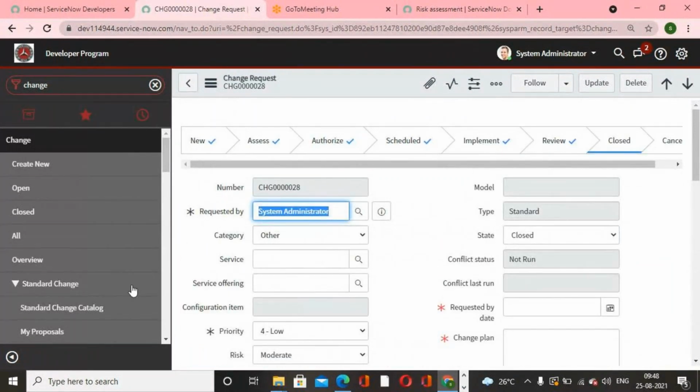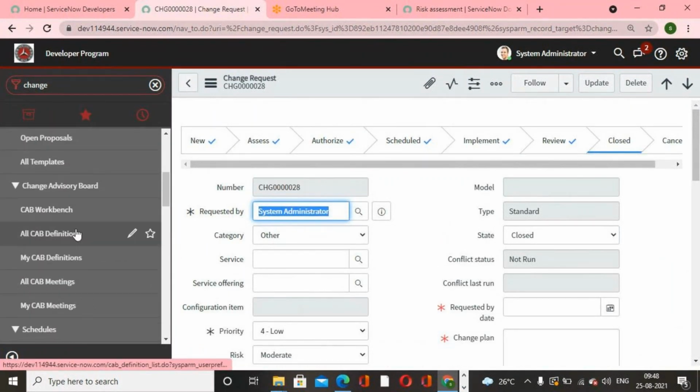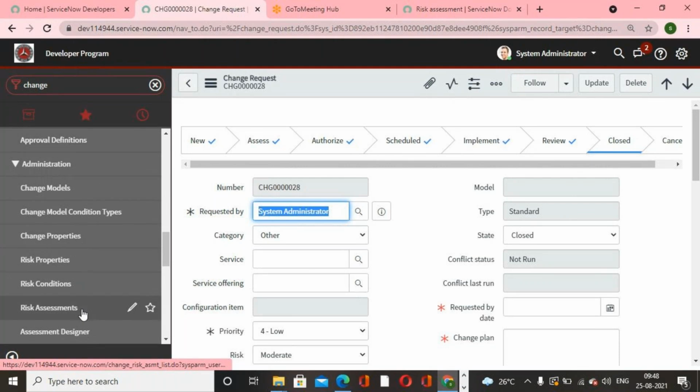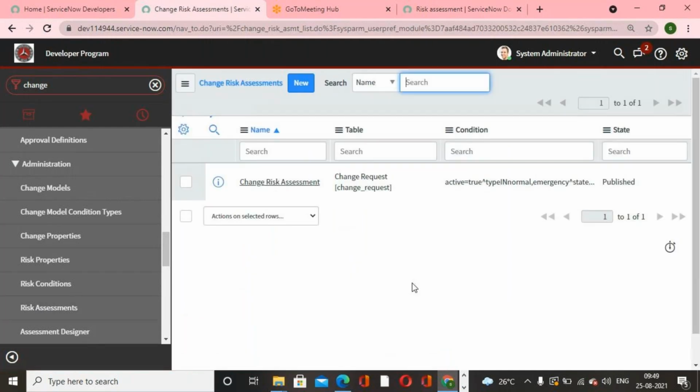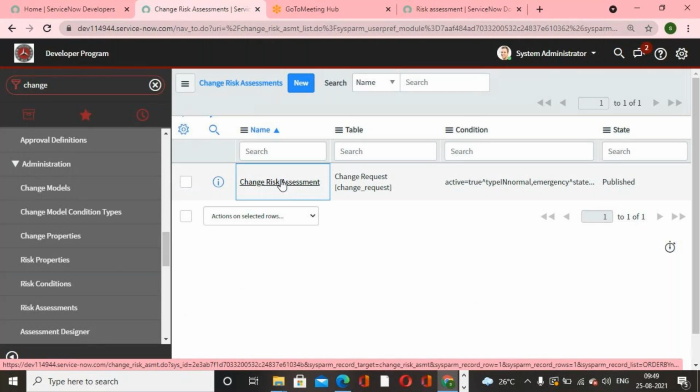So go to change management risk assessment. This risk assessment module is not available by default in my instance. As per the client requirement, I have just activated it. Once you activate this plugin, it comes as a module. Go and click on risk assessment, open the risk assessment record. So here we have to configure